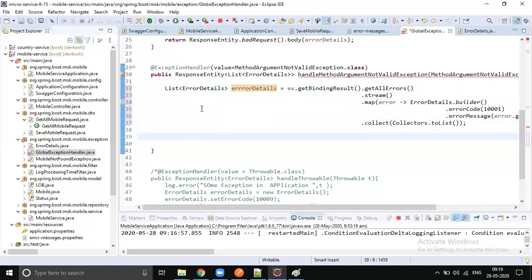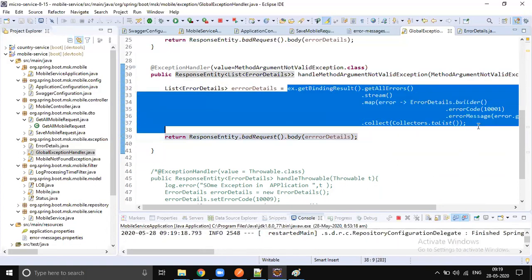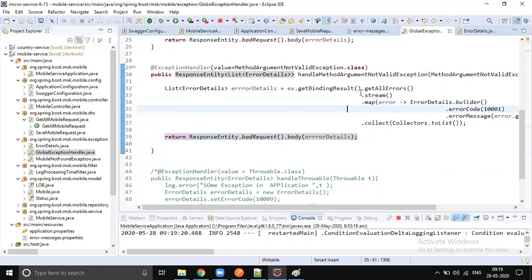Good. Now let's return the error response: ResponseEntity.badRequest().body, where the body is going to be the list of error messages. Is this clear? The Stream API we already discussed.